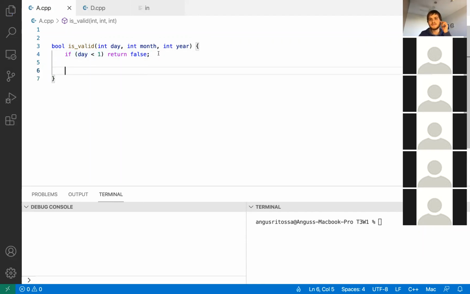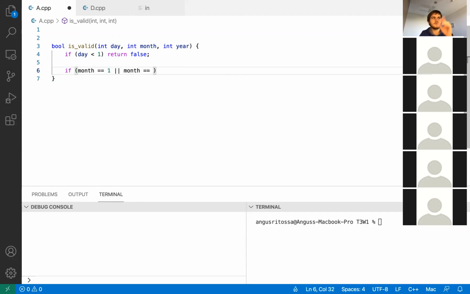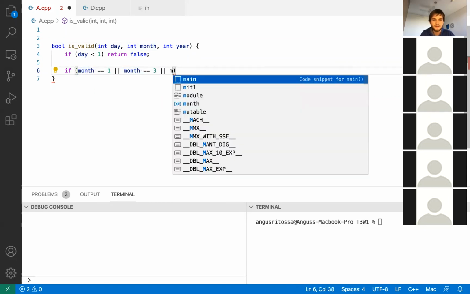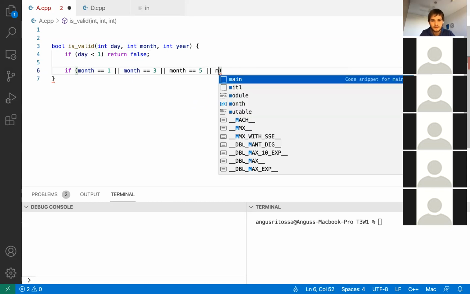Then how do you check if the day is valid? Well, which months have 31 days? So if the month is 1, or what month? 5th month, 31 days, January, March. Yeah, odd numbers, right? It's all odd numbers, right? Except then it becomes weird around the middle of the year. Month equals 5.